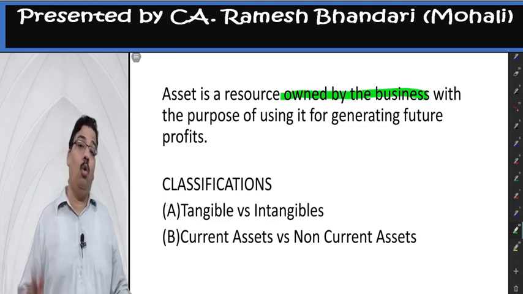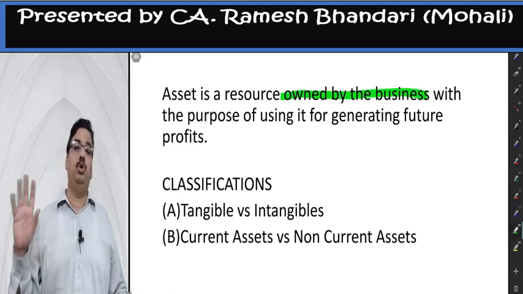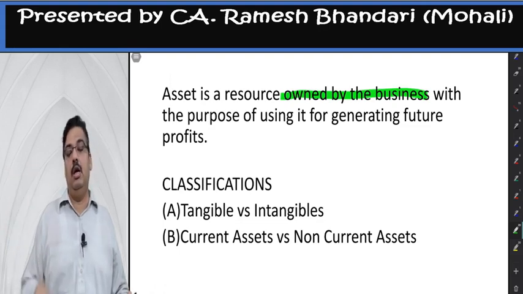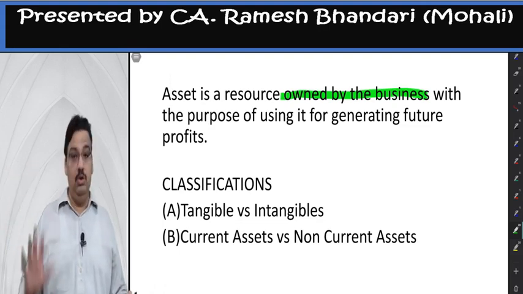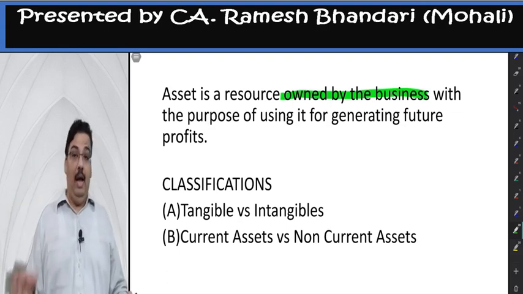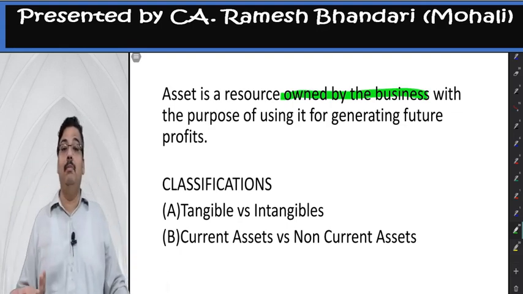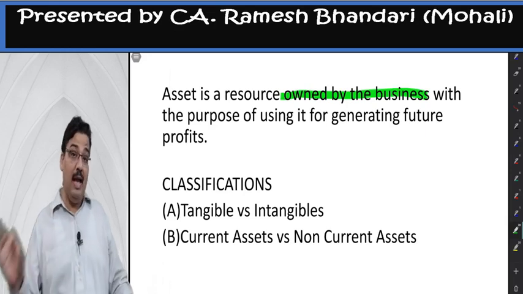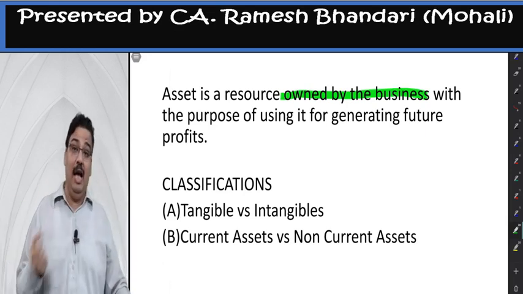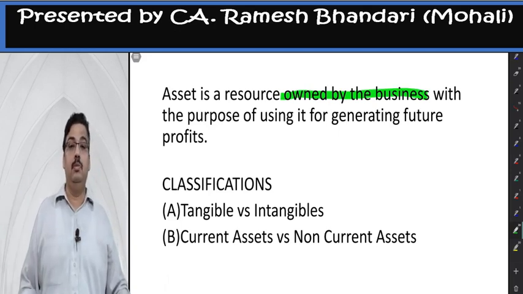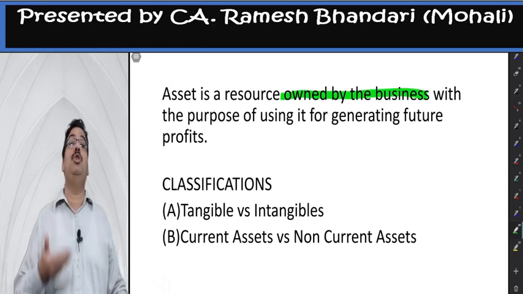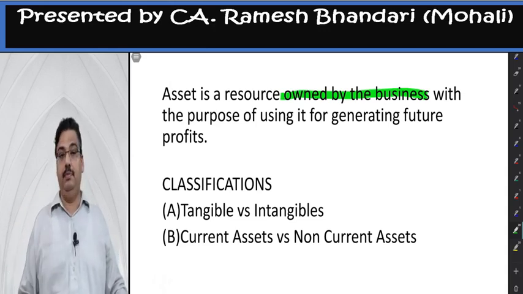If you can recall the old Companies Act, there used to be Schedule 6 in the Companies Act 1956. The young generation may not know it. The old generation can recall it. On the asset side, we used to have an item, miscellaneous expenditure to the extent not written off or adjusted, and P&L debit. It was on the asset side of the balance sheet. But technically, as per the definition, it was not an asset, because it did not have any capacity to generate future cash inflows.